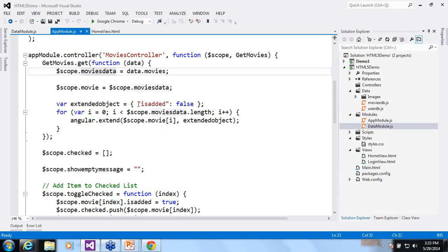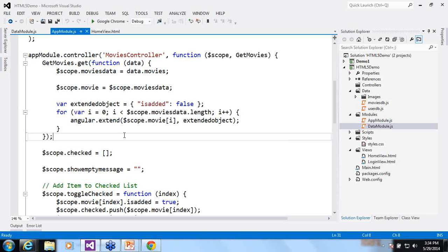That is why, in this section of code, I iterate through the complete array of objects, and to every object I add a property called isAdded using the angular.extend function. So now I have an array of movies with every object also having another property called isAdded.